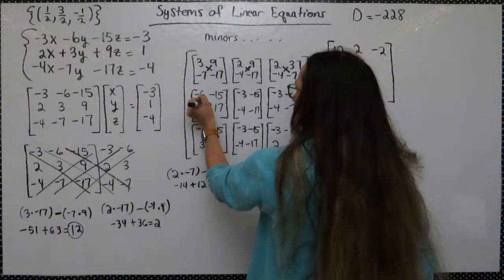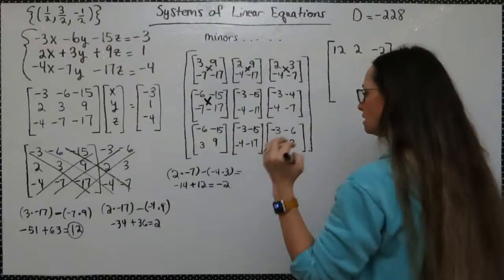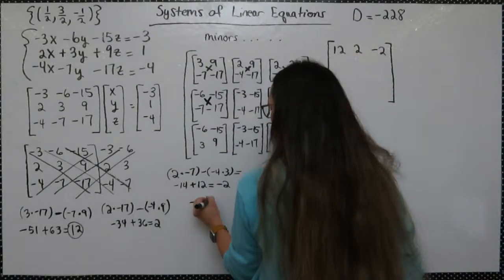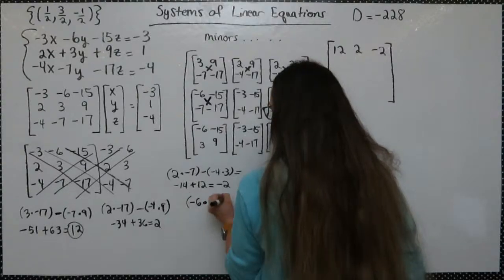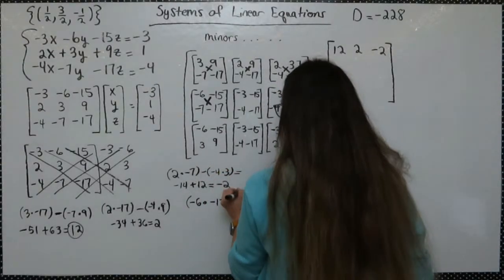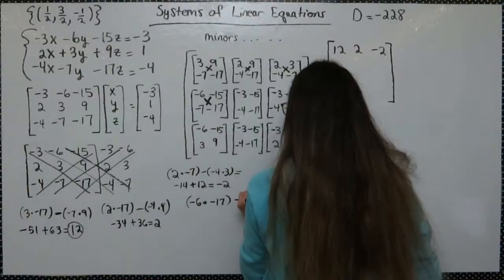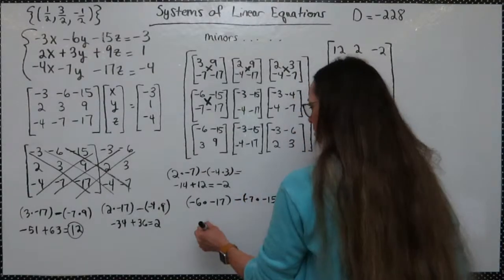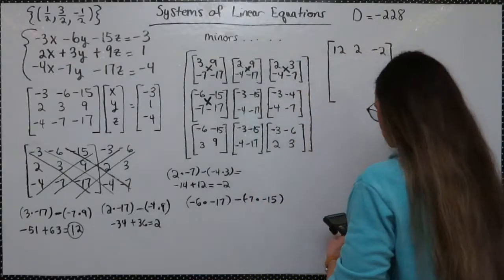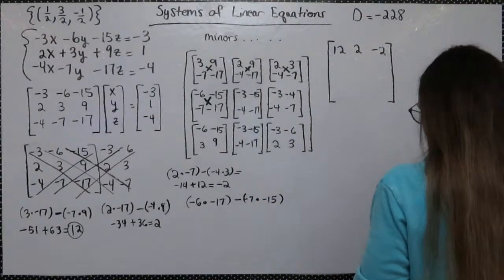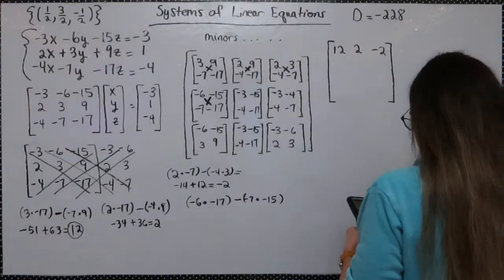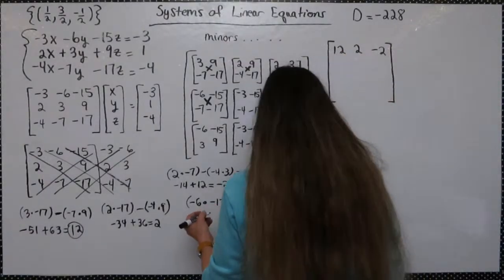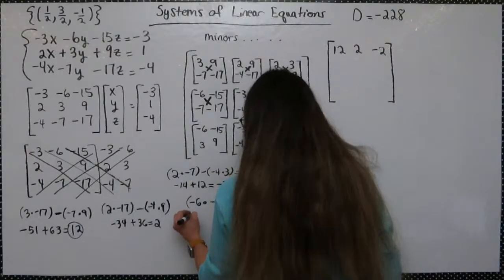And then this one next. So we've got -6 times -17 minus -7 times -15. All right, so 17 times 6, I'm going to say it's 68, but let's go ahead and double check it. No, 102. I was way wrong. Okay, that's all right. We got positive 102,